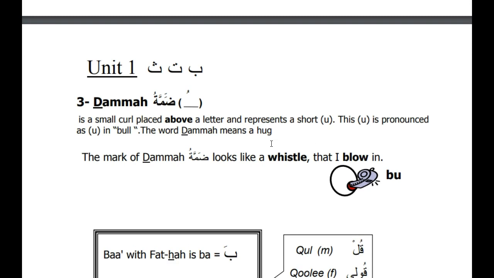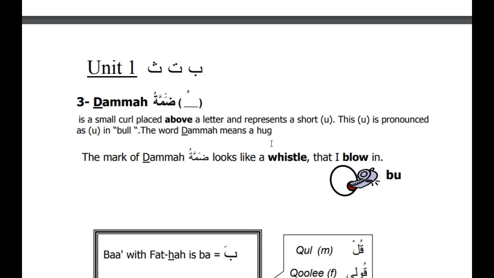And then we have damma. Damma is a small curl, which can also look like an E in calligraphy, placed above a letter, and represents a short U. I don't like to read it U because it's not U, it's U. This U is pronounced as U in bull. It can also be pronounced like in Spanish, it's more similar to Arabic,